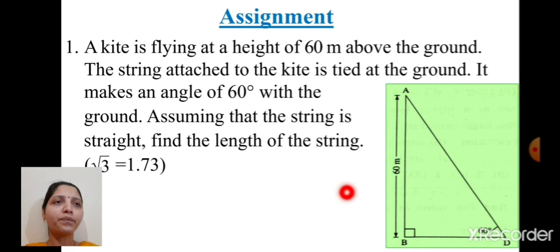So here, according to the diagram given here, the root 3 value is also given. So whatever answer you are getting, there you have to substitute the value of root 3 and calculate the answer. Okay. So here the length of the string you have to find out, that is the length of AD. So I hope you will be able to solve these sums. So always remember, for such types of sums you should read the question thoroughly, very properly, and according to that first you have to draw the diagram and then you will apply the trigonometric ratio whichever is needed.